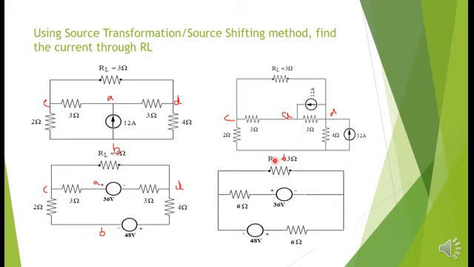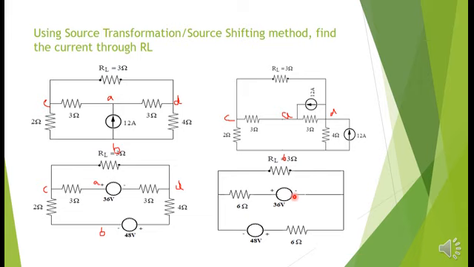See, as I told, we should retain this RL value till the end of the calculation. So C to D, there is a 6 ohm 36 volt, and C to D through B is 48 volt 6 ohm. Now when these two practical voltage sources are connected in parallel, how to simplify? First convert these voltage sources into current sources, then add the current sources, simplify the resistances and so on.